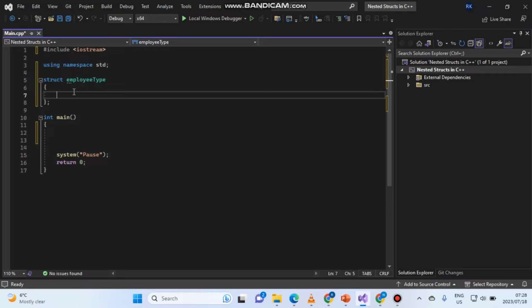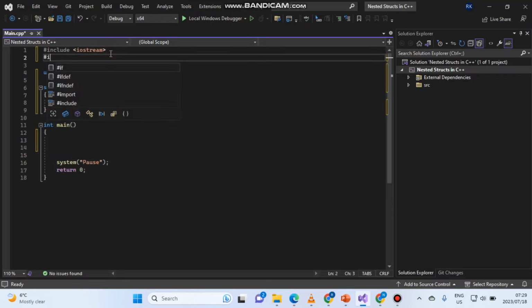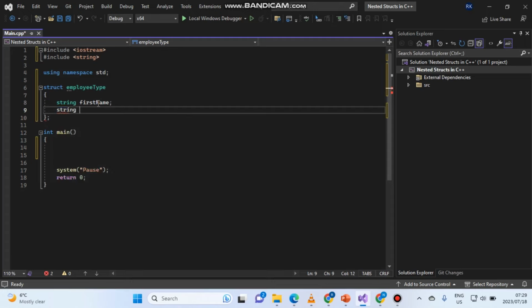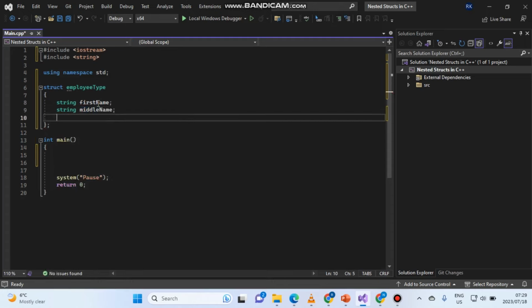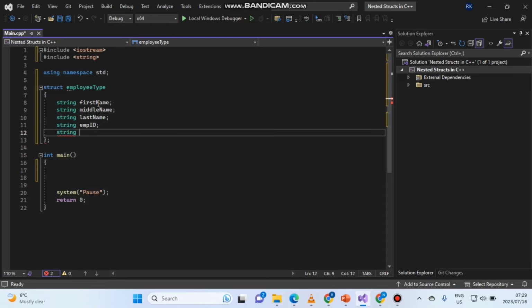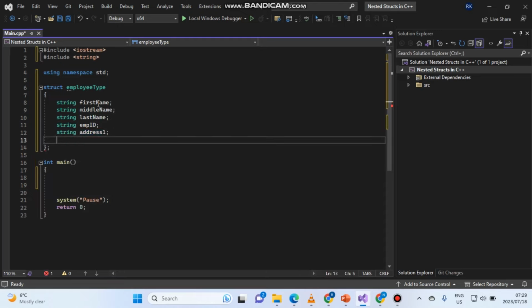Before we can add any string variables, let's declare the include string file. Then string first name, string middle name, string again, last name, string again, employee ID, string again, address 1, string address 2,